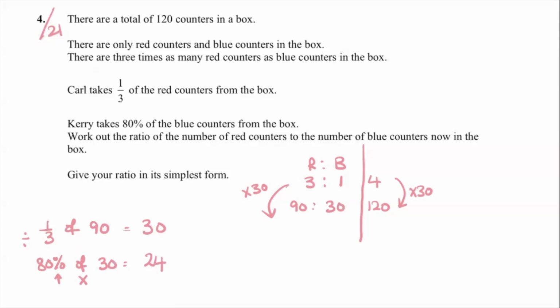So 30 red have gone, 24 blue have gone. So I'm going to take off the 30, take off the 24, and that is going to give me 60